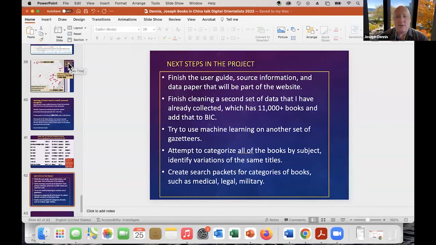How can you attach a category label to each book title, because you haven't read all these thousands of books? But bibliographers have identified them in some way. And so I'm trying to figure that out right now. And then I'm also trying to create search packets, which would mean ways to find books on particular topics.